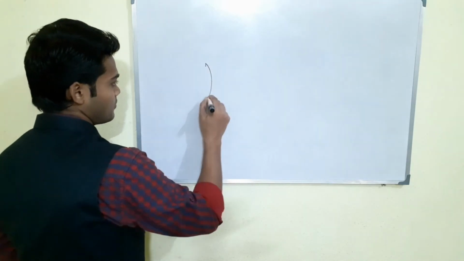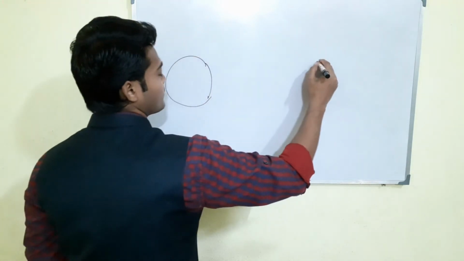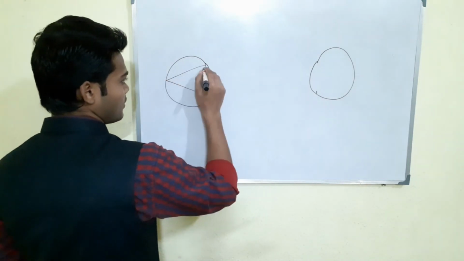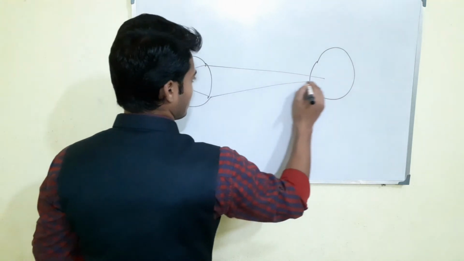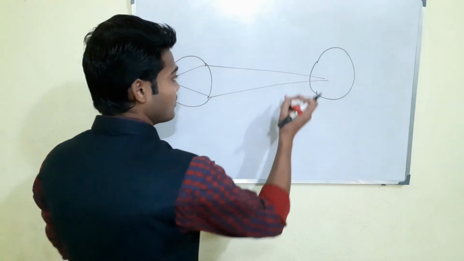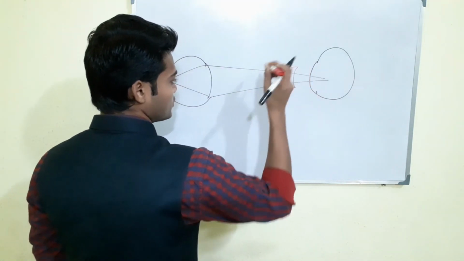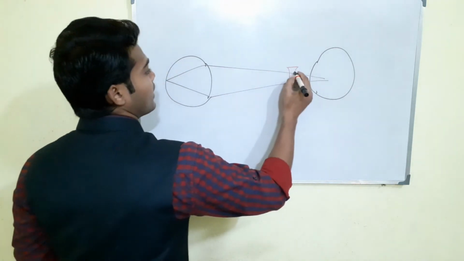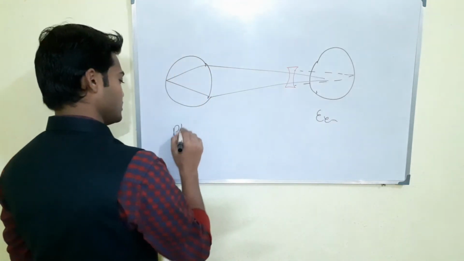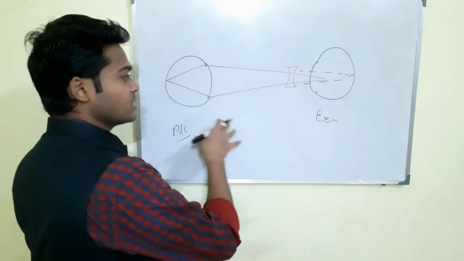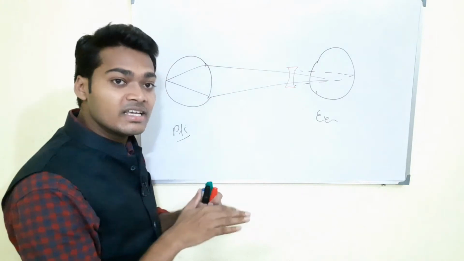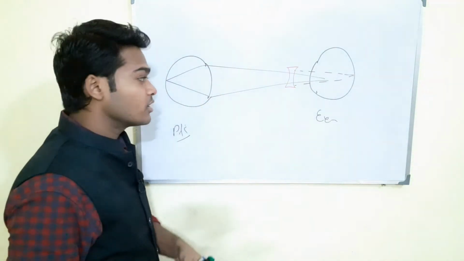suppose this is a myopic eye, right, then what will happen? Rays meet in front of the eye, right? Then as a practitioner you have to observe, this part is also clear, so you can simply put it here, concave mirror effect, and light is falling on the examiner's retina. Examiner, this is patient. According to the patient's refractive status, we can use or shift this part in this form, right? Then we can easily evaluate all these things, according to the patient's refractive status.